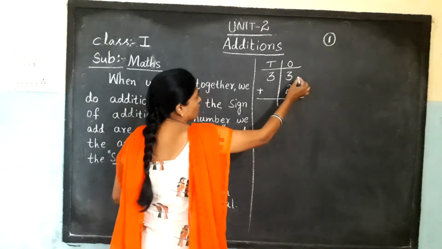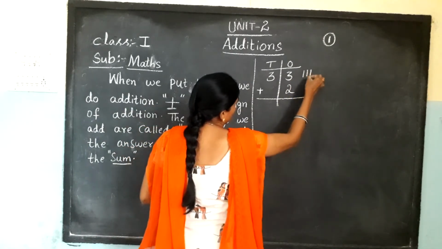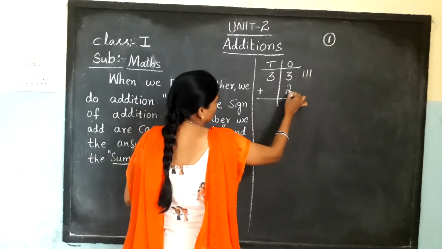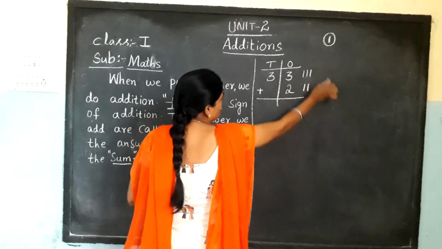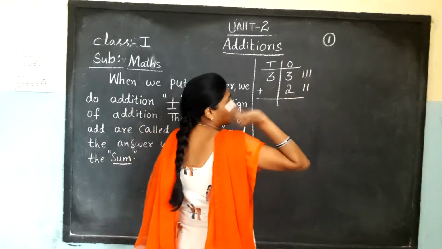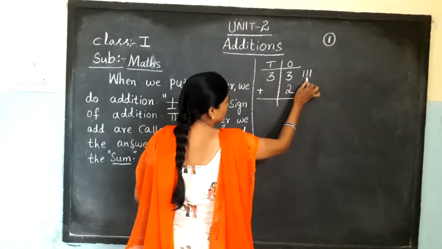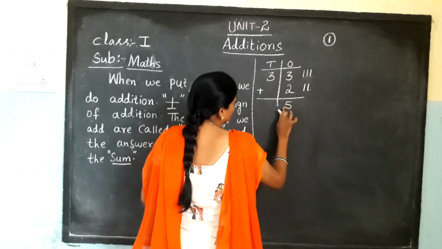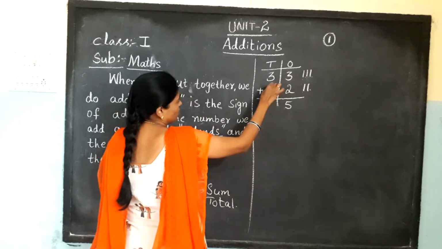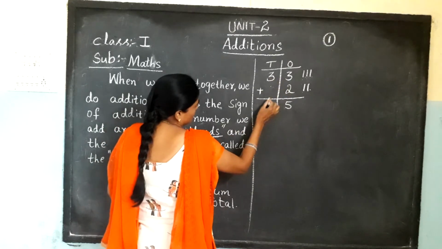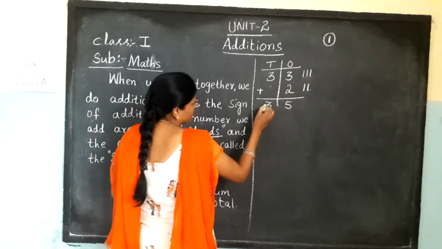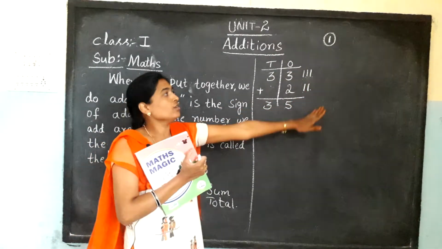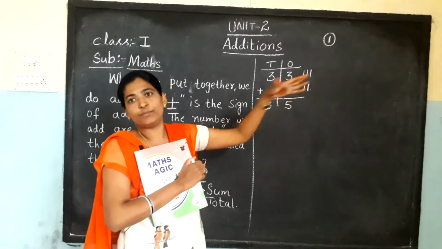Yes, in first class you learned by drawing lines like this. You have done addition, no? What is this number 3? And what is this number 2? Count all these lines, children. 1, 2, 3, 4, 5. In the tens column, is there any number to add? Nothing is there, no? The same number will come. In first class you did this. Now no need to draw these lines. Now you can do it in second class.